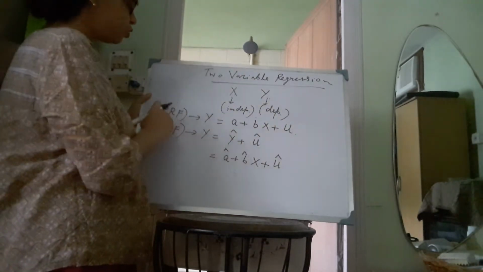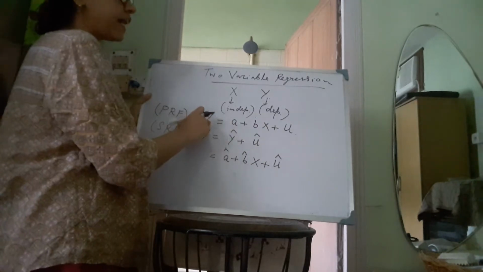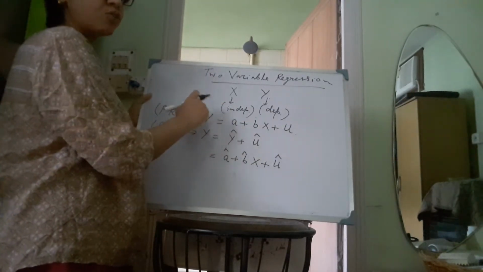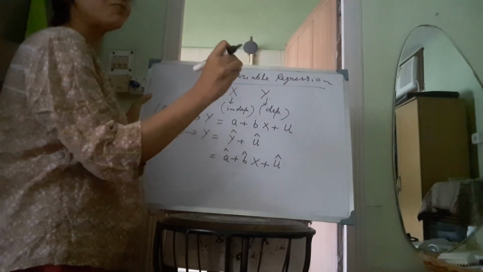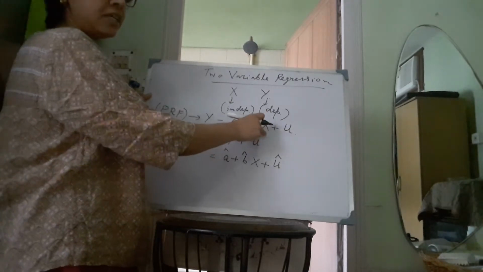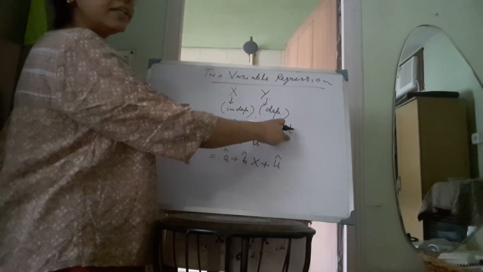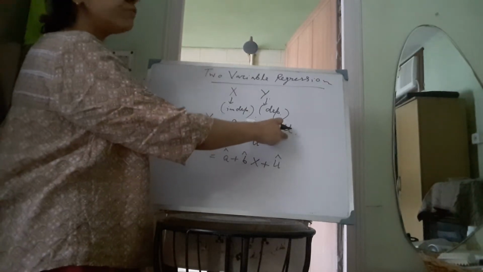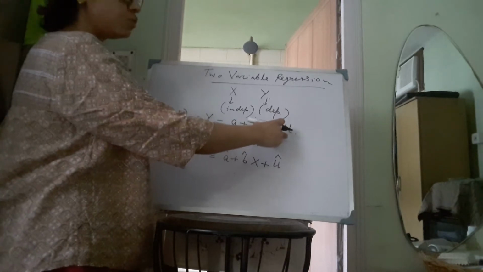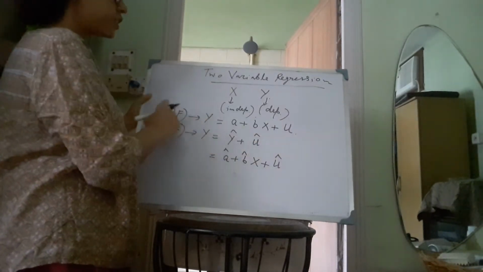So basically what we are doing in PRF, we are trying to predict the value of y with the help of x. Now x cannot explain everything about y. So there are some other factors which we are not incorporating in x. And those economic factors are incorporated in the error term u. And that is why we are using this term. This is a random variable, so u is a random variable in population regression function.